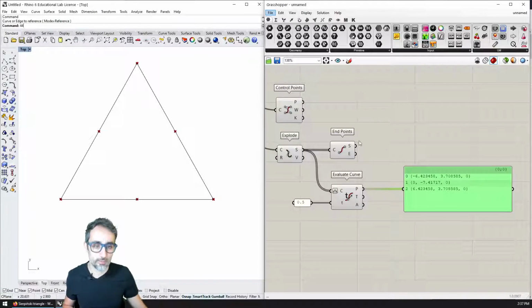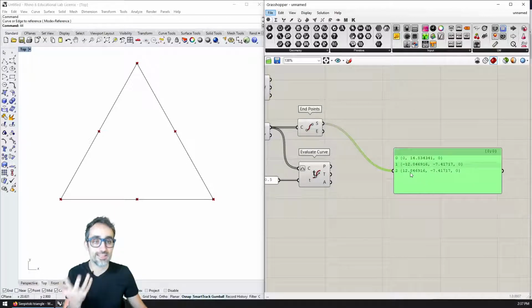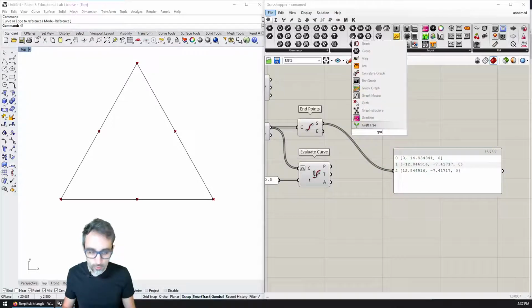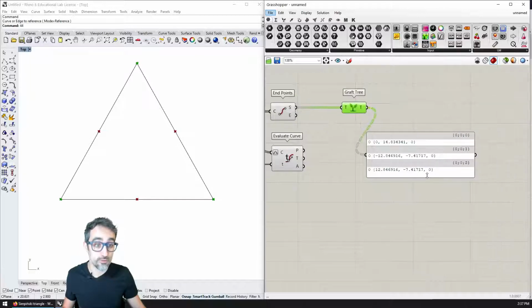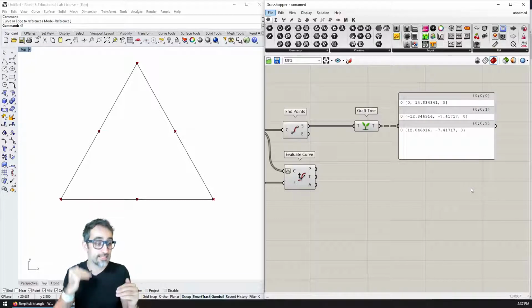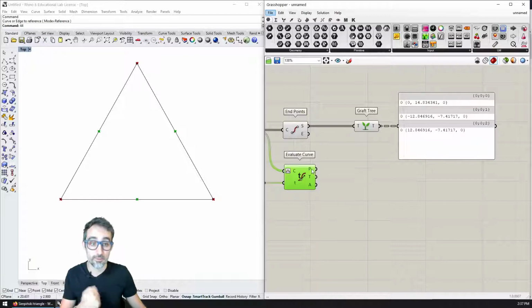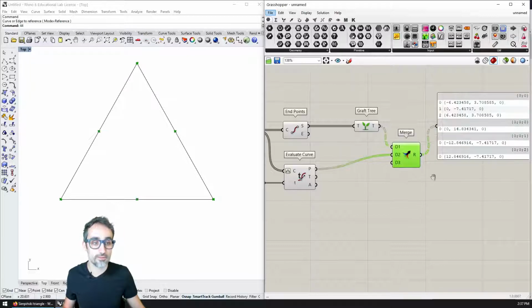How am I going to do that? Well, you can see that here I have the 3 starting points, so 0, 1, and 2. But I have them on the same list. So the first thing that I'm going to do is graft this tree so that I have each one of those points in a different list. And therefore, to that list, I can start adding other points, such as the points that are in the middle, right? So for example, let me say that I'm going to merge this tree that I have here with what's coming from the second one, all right?